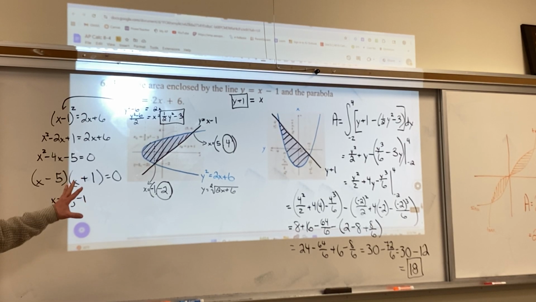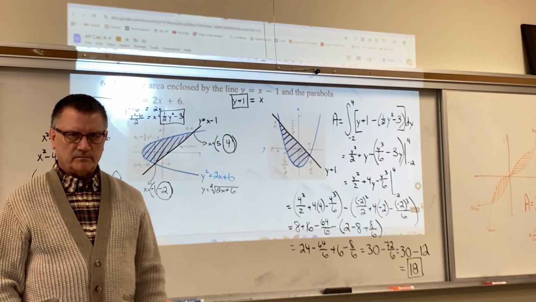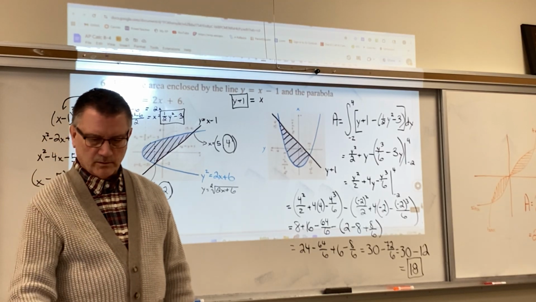But I think I've given you an example of pretty much everything you could expect. This is the big one, turning it sideways, an interval where the top becomes the bottom becomes the top. I think I've done it. Yeah. You have everything in your notes that you would need to do area. No, we won't do 3D till